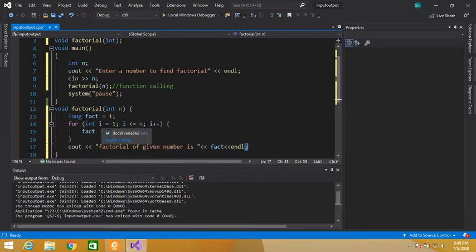Simply we start from 1 and multiply till that number. So 1 multiplied by 1, then 1 multiplied by 2, which is equal to 2, then 2 multiplied by 3, which is equal to 6. Let's execute this program to check whether it's working fine or not.